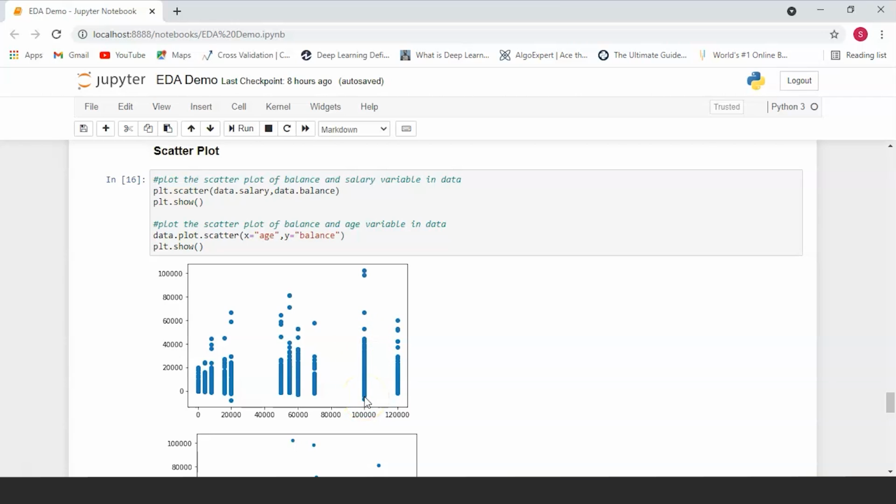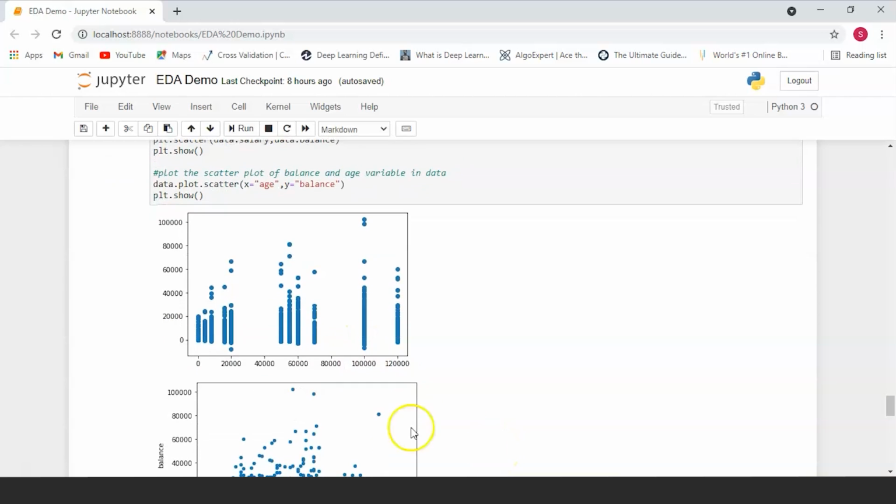So you know at this point that this line has some of the most data. So most of the balance that people have in their account according to their salary is around 1 lakh. Very few people have zero balance, and the people who do have zero balance, as you can see, have a very low salary.